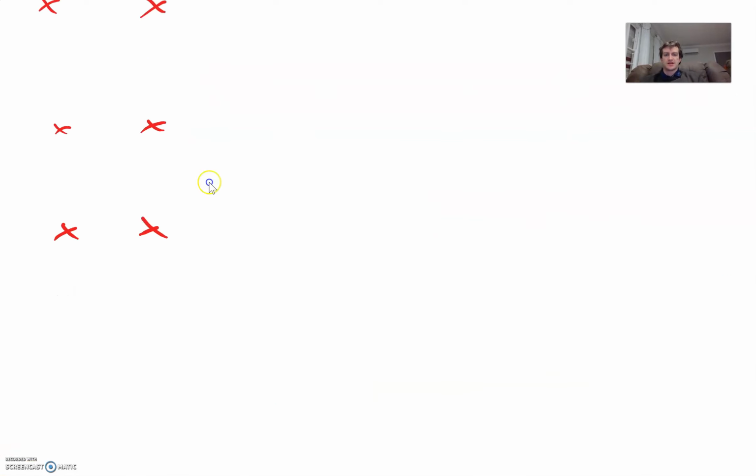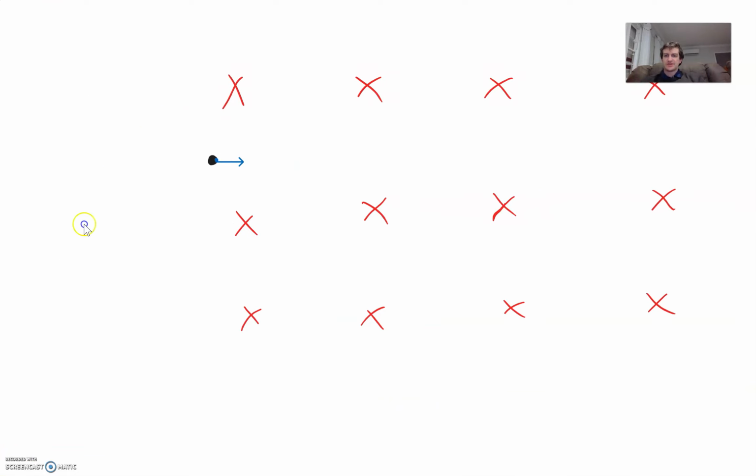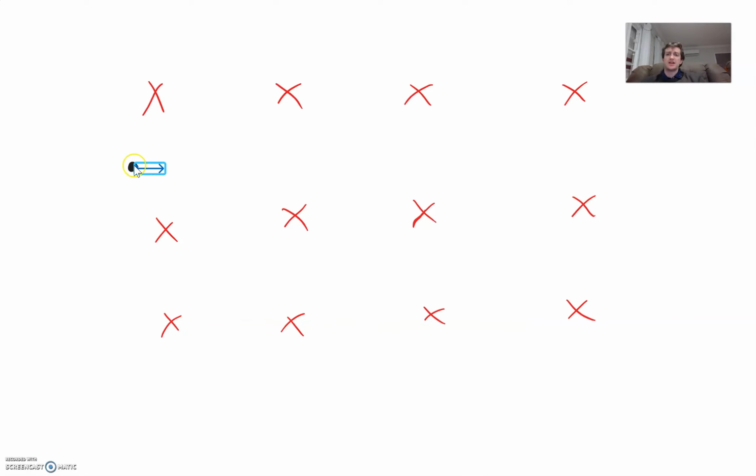But in this case here, it's kind of entering the field from a different position. So over here there is no magnetic field, so presumably it was travelling at a constant velocity, and then now it's starting to enter the field. It's going to travel in a circular path, and it's either going to do a circular path this way or that way, depending on whether the charge is positive or negative. So we can check that